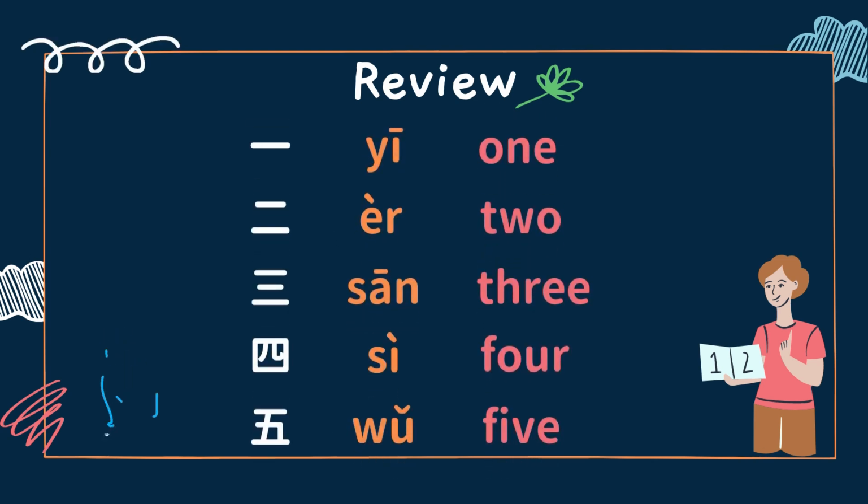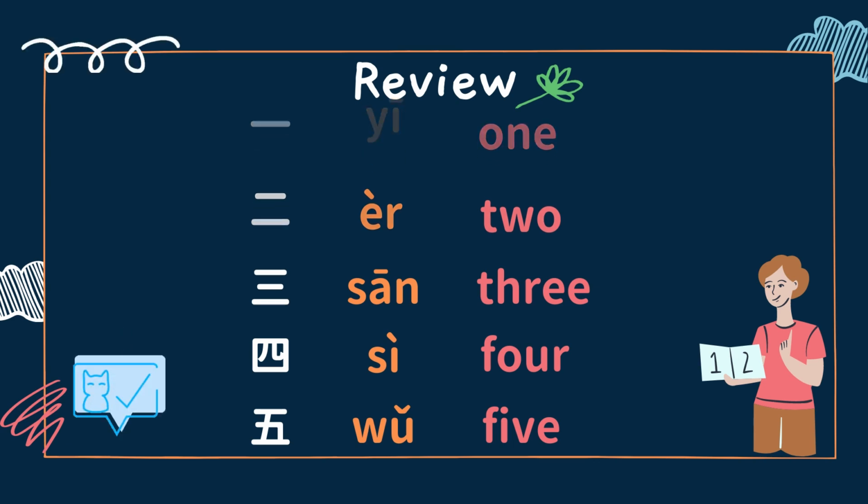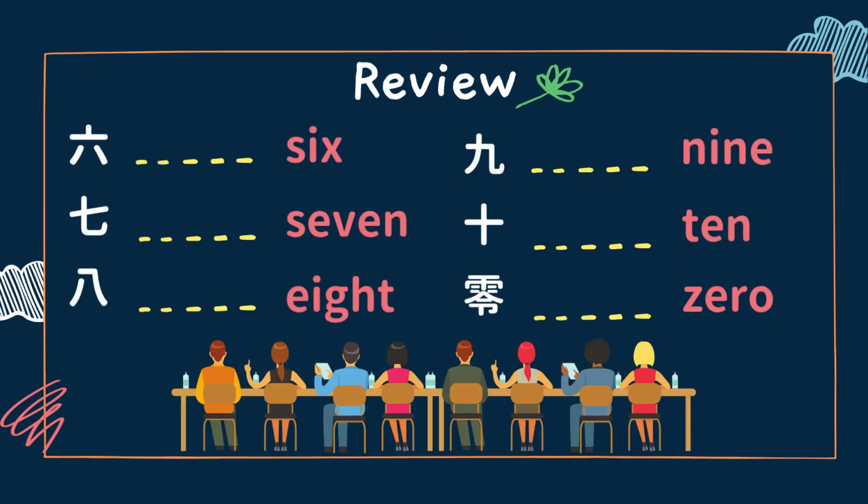Number 1, 一。Number 2, 二。Number 3, 三。Number 4, 四。Number 5, 五。So 1 to 5, 一。二。三。四。五。And then let's see from number